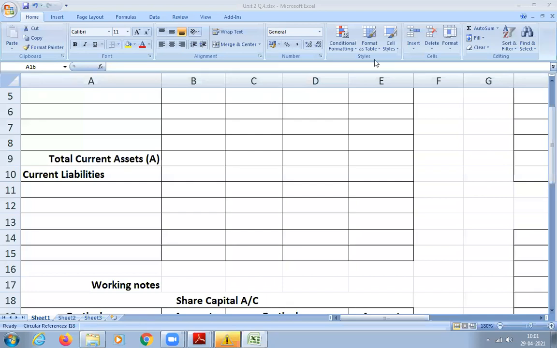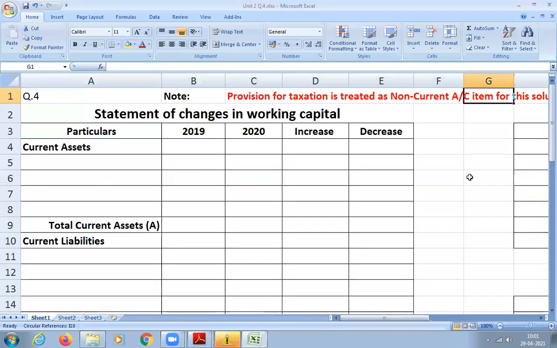I request all of you, please do the homework today. I will not solve that. You only have to solve it. And I'll ask you to show your notes virtually. You have to open and show your book that you have done the statement of changes in working capital. Okay. So now time is up. We will discuss question number 4 in the next class. Okay. So thank you, students, for joining. Any doubt is there? You can discuss.